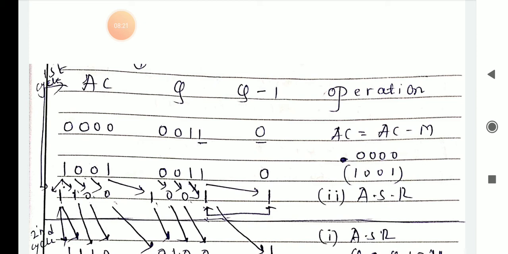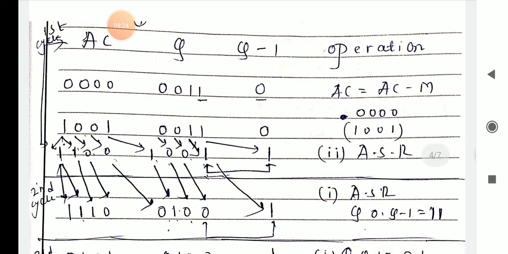Then the second step operation is what? Arithmetic shift right. So how are you going to perform this? Whatever 1 is there in the last position will come to q minus 1. I am going to write it here. Next, 1 will be shifted to here, 0 will be shifted to here, 0 will be shifted to here. I have shown the arrow marks. Again the last bit of AC will become the first bit of q: 1 shifted here, 0 shifted here, 0 shifted here, 1 shifted here. But the leading 1 of the AC should be preserved, so I write one more 1 here as it is. Okay, so this is the shifting for arithmetic shift right.